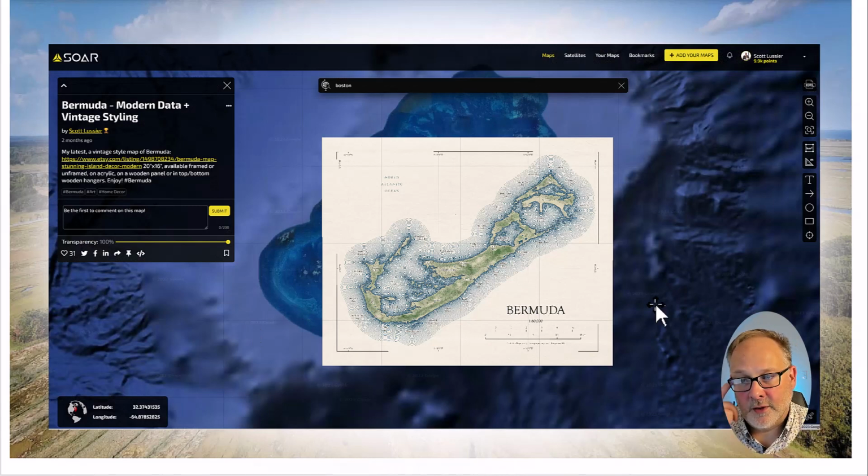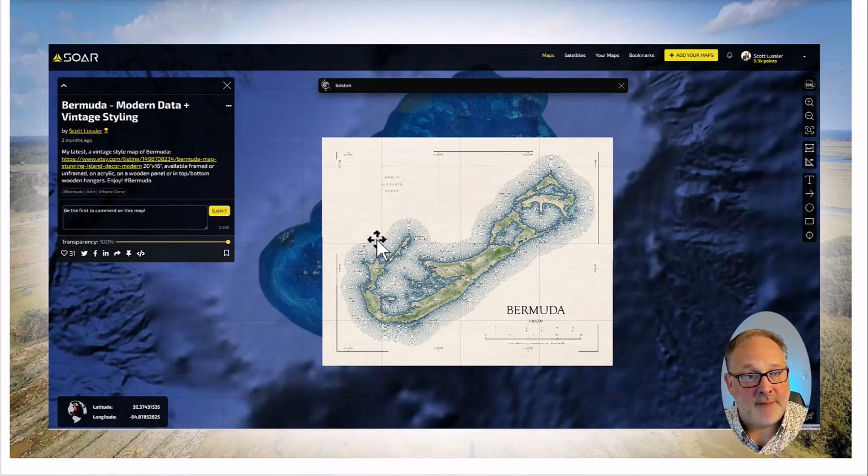Here's another application. This is a map of Bermuda. Beautiful, isn't it? I made this myself. It's on Etsy if you're interested in buying a good Christmas present. But an artist who makes maps doesn't necessarily need to be some big scientific project or research or anything, just artistic maps can be up here as well.